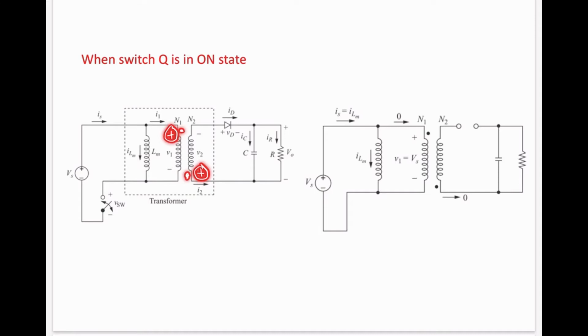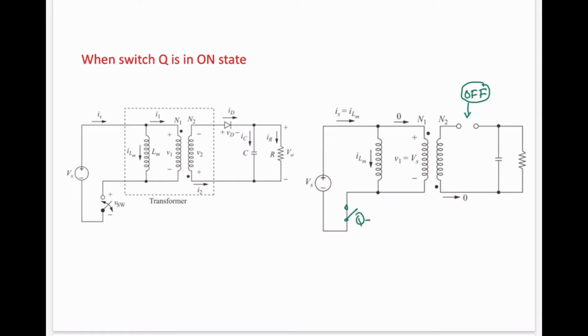Okay, so when you turn on the switch, the voltage at this point will be negative and the voltage over here will be positive. So it means your diode will be in the off state. It will not be conducting. Your diode, as you can see over here, is off. It is being represented by the open circuit. There is no flow of current in this diode when you have turned on your switch, the first state.